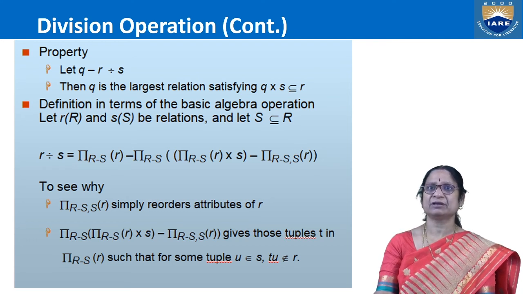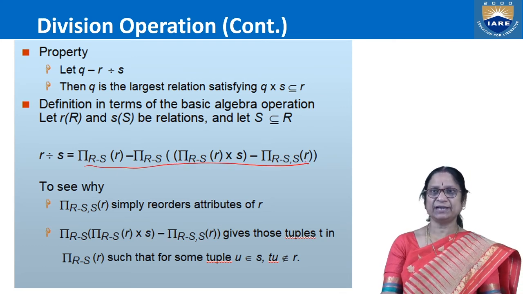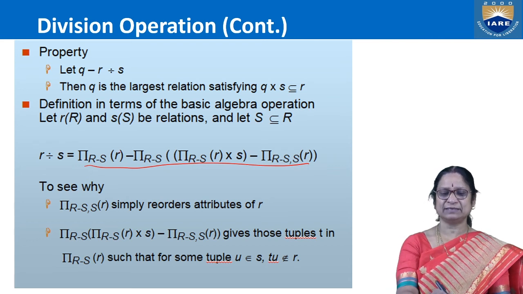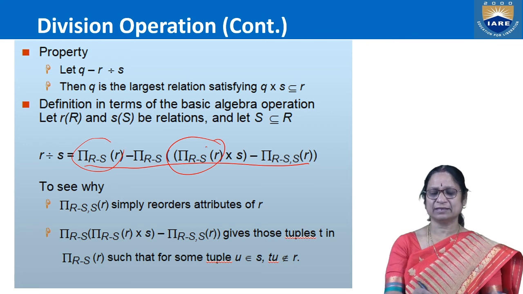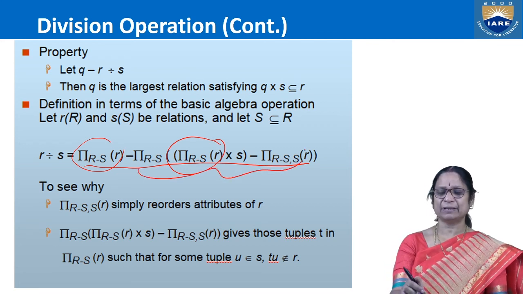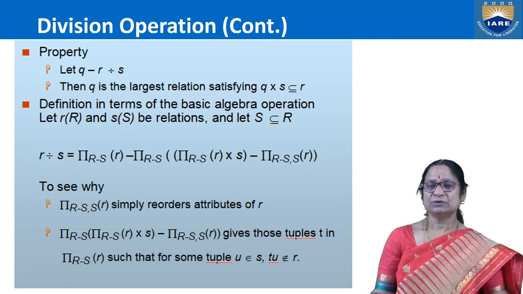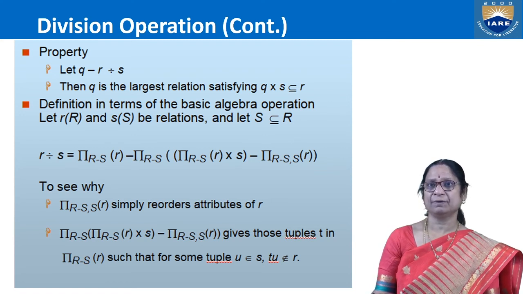Now you observe here, whenever we write this division as a sequence of operations, instead of writing the whole sequence, we may use our assignment operator as we discussed earlier. So first we use the assignment operator here and assign this part as temp2. Then temp1 minus temp2 we are calculating. So R minus S, comma S, records the attributes of R only, remember that.